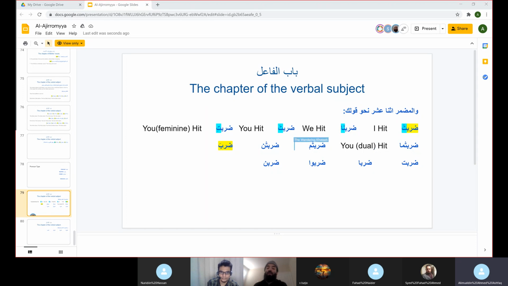It doesn't change. So the pronoun would be then tuma. There is actually more discussion on this, but for now, let's make it simple and say that is a pronoun. That will make it very simple. Later on, when we go over the other books, we can go into more detail in regards to how we come up with the meem. But we don't need to know that for now.